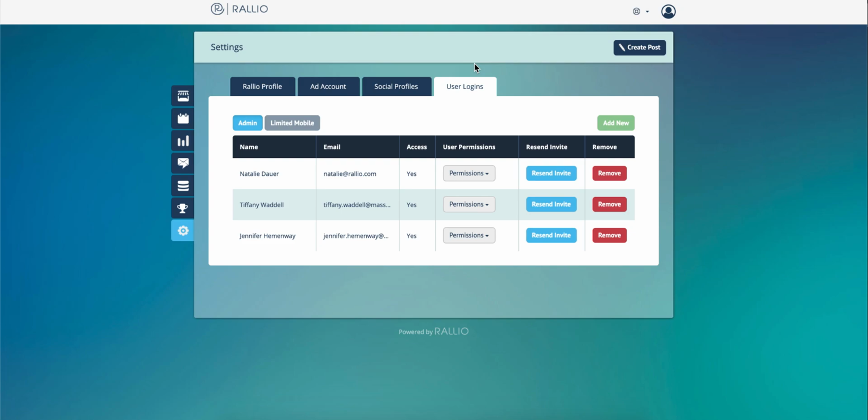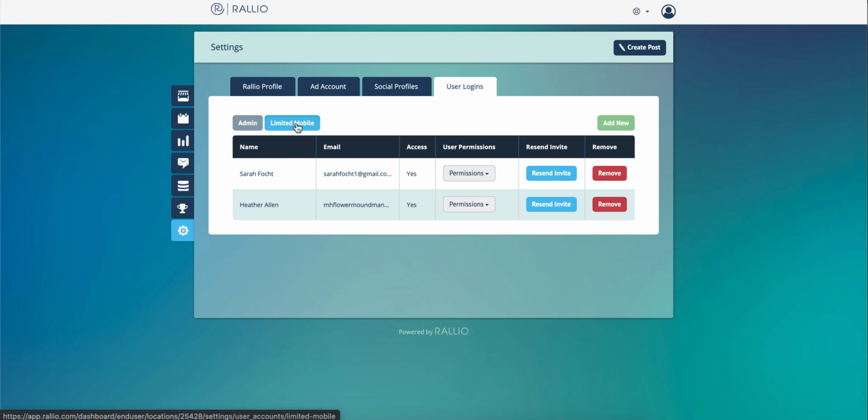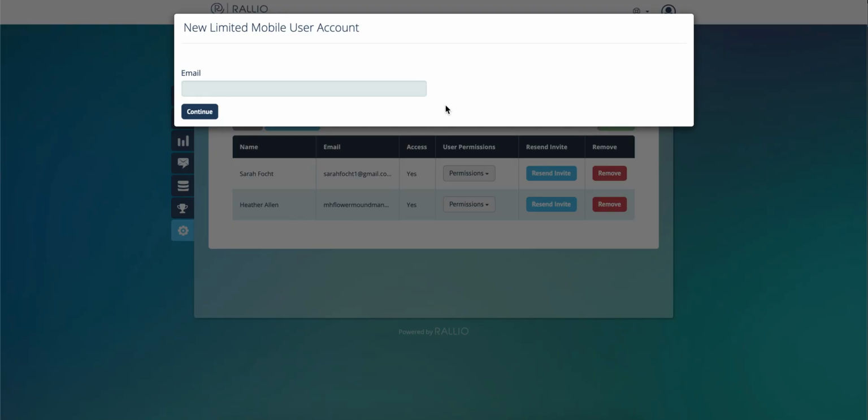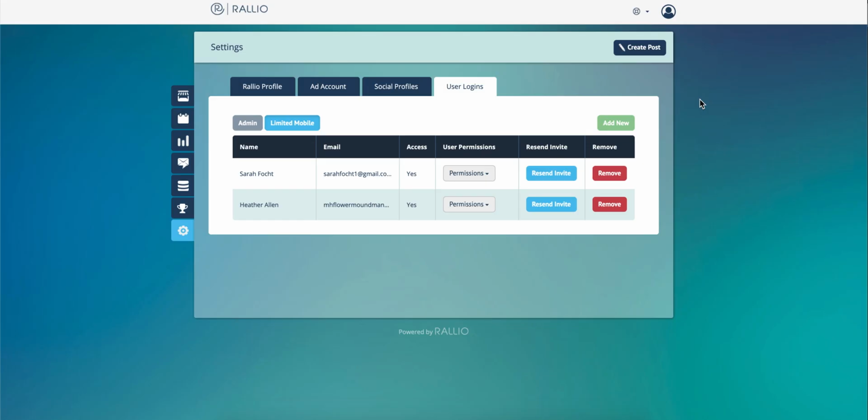Say I don't want my team members to actually create content for me, but I only want them to upload images. Now, that's a super easy fix. All you have to do is select limited mobile and then click on add new, and you'll be able to drop in their email address, their first and last name, and their phone number, and they're going to receive an activation email to their inbox where they can finish setting up their account and then learn how to download the